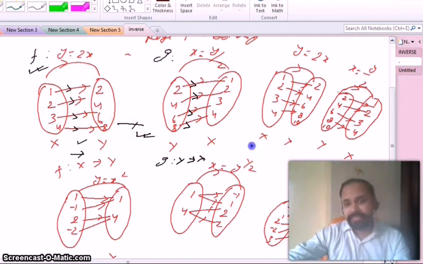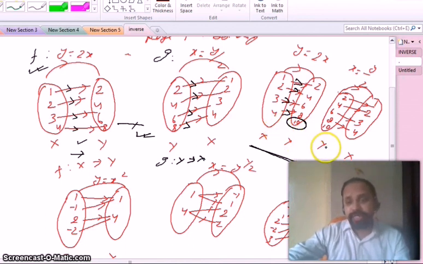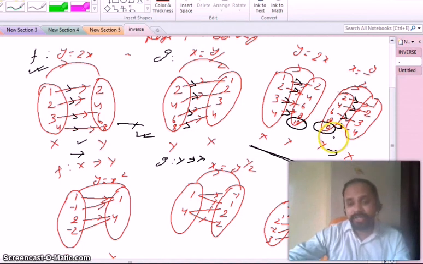And let's see some other example. This is also a one-one function, 1 having image 2, 2 having image 4, 3 then 6, 4 then 8, and 10 doesn't have a pre-image. That means this is not an onto function. And if we define a function from Y to X, same example, 2, 4, 6, 8, 2 having image 1, 4 having image 2, 6 having image 3, 8 having image 4, but 10 doesn't have an image, and since 10 doesn't have any image, that means in this case it is not a function.